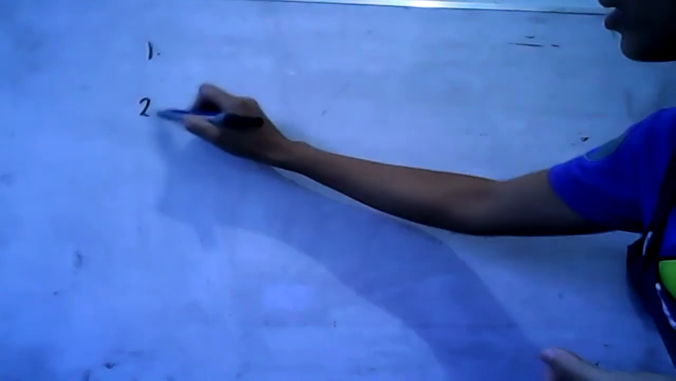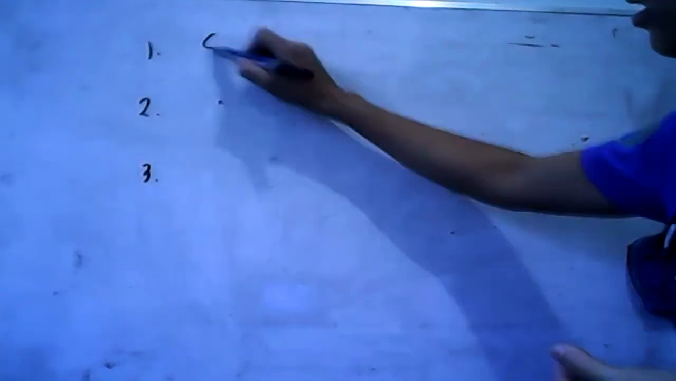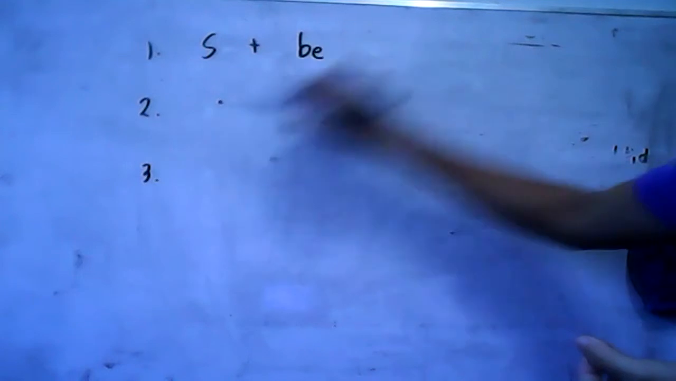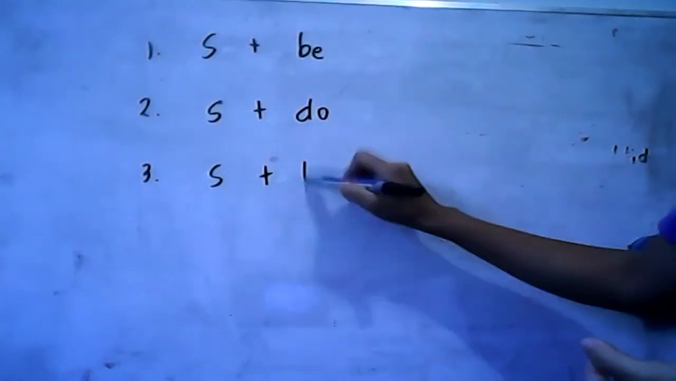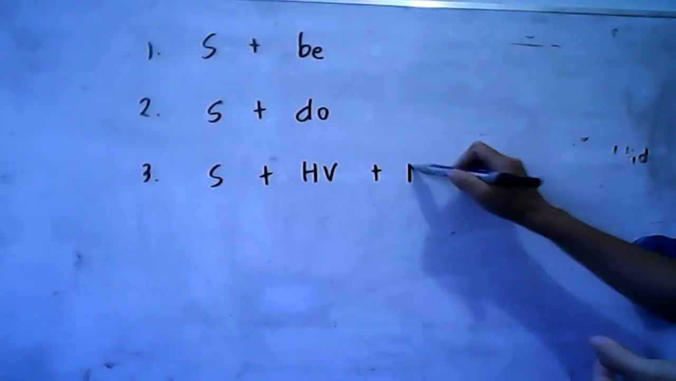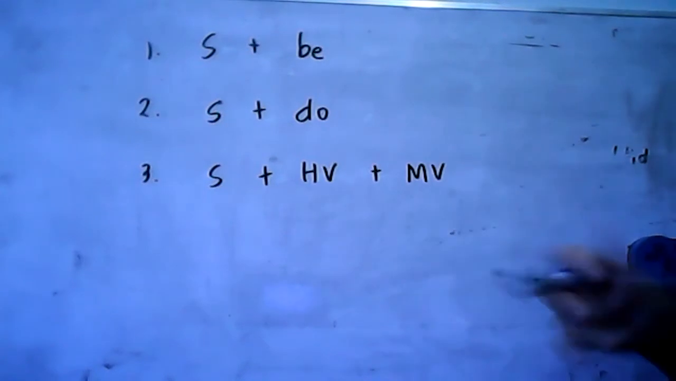Now for Unit 44, this is a lot easier. This is just changing sentences to negative. So I will still start with the three basic sentence structures that I was telling you about. Subject plus be verb, subject plus do verb, and then you've got subject plus helping verb and main verb. Okay, so